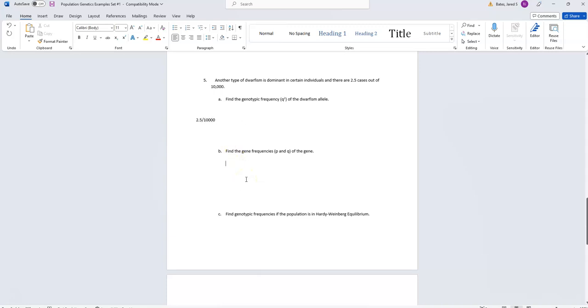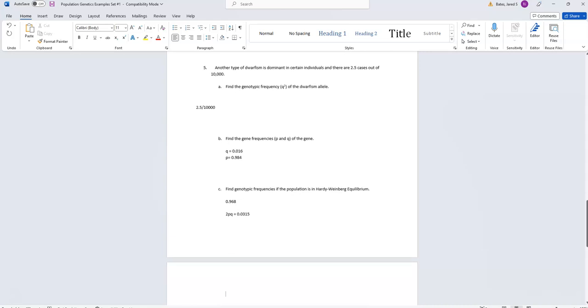My gene frequencies, q is going to be equal to 0.016, and my p will be equal to 0.984. For my genotypic frequencies, p squared is 0.968, 0.0315 for 2pq, and q squared